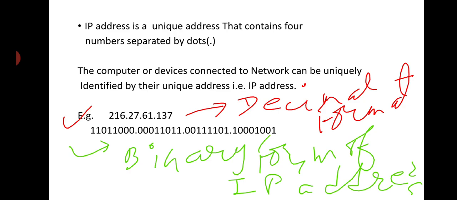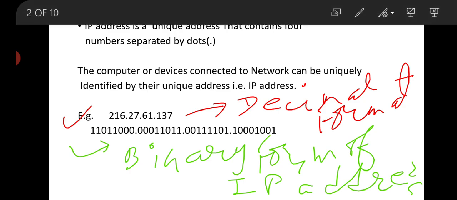But suppose your address, that means your ID card, otherwise the unique identification number, the UID number, that means the Aadhaar card number, can be treated as your IP address. This is an example of communicating with the IP address and URL. Now I hope you have understood the concept of IP address.